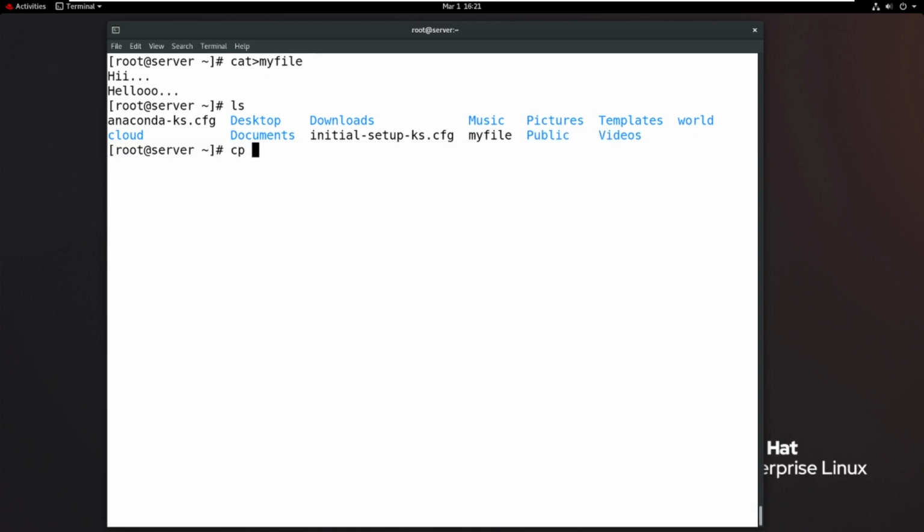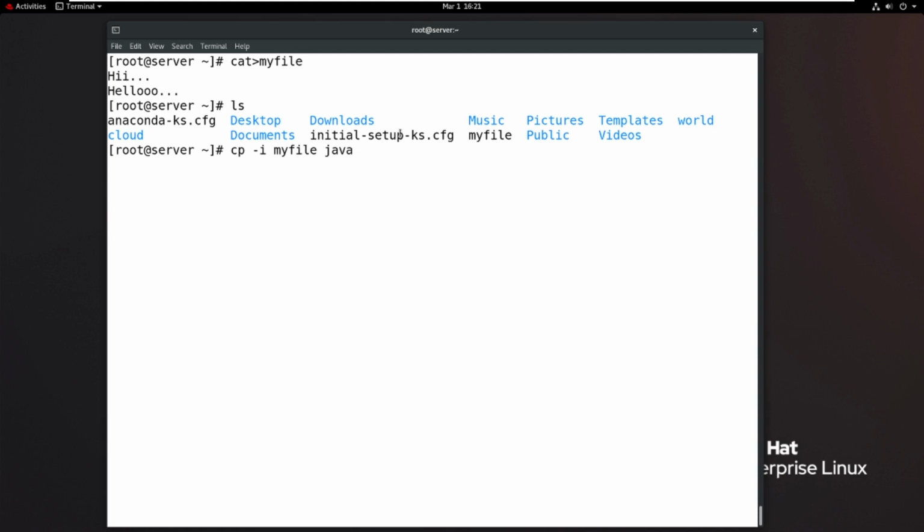Again cp is the command for copying a file. Then -i is the option, and -i means again the interactive method. What is my file name? My file is myfile, the source file name. Then what is my target? I want to copy myfile to Java.